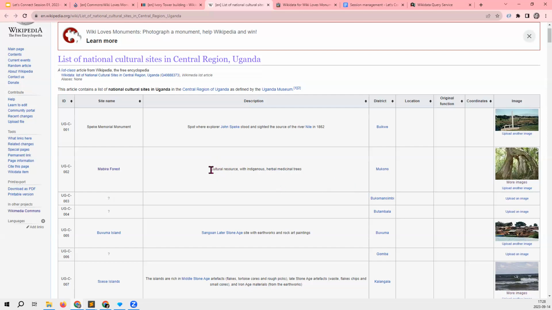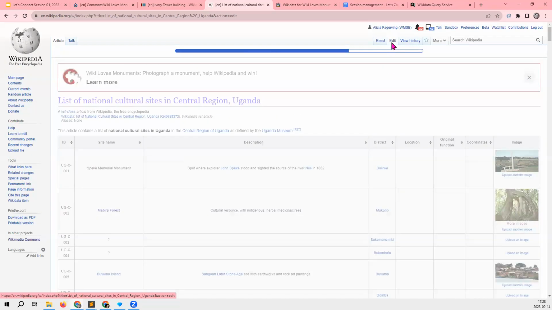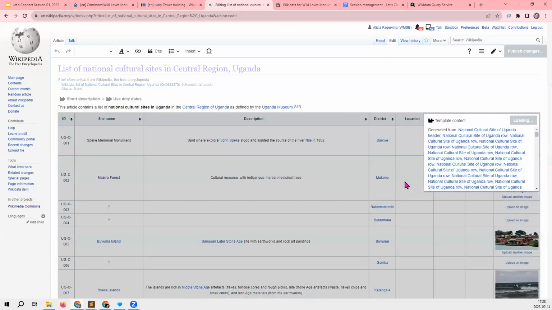For example, if you want to add the geographical location of this monument, then you have to edit this page. You can't even do this with visual editor, so you have to switch to the wiki text mode. Oh, I think my computer actually froze when trying to switch, which I think says something.